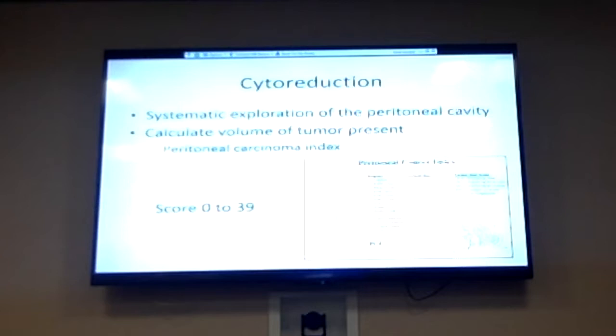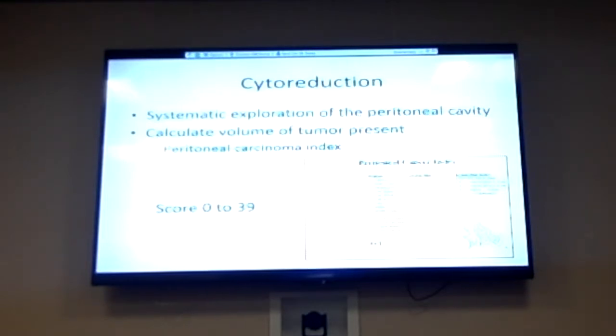So cytoreduction, the goal is systemic exploration of the peritoneal cavity, and then to calculate the volume of the tumor present. You do this with the peritoneal carcinoma index, and so you'll see when you rotate on PM1 or 2, you'll literally make the tic-tac-toe box and score every segment of the abdomen, as well as so you have the